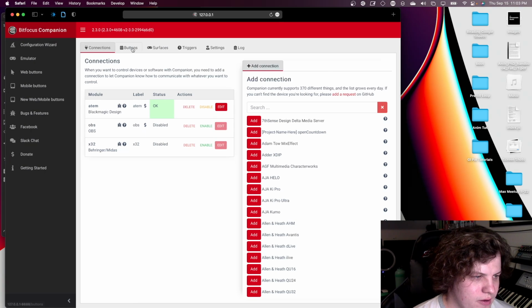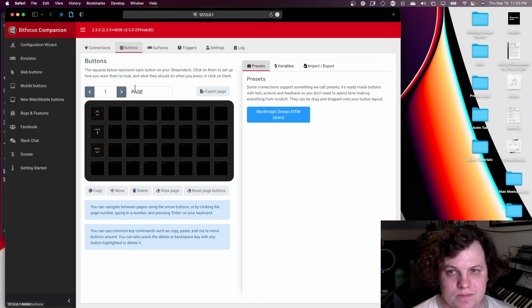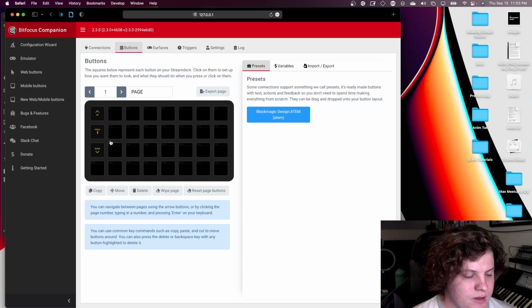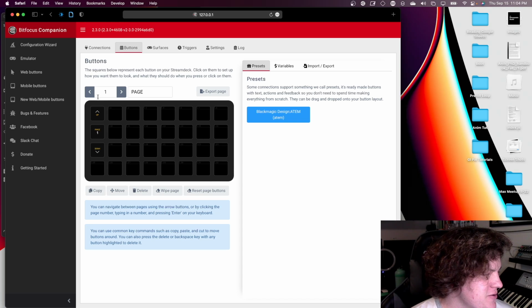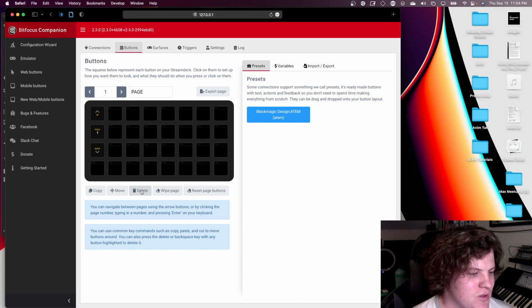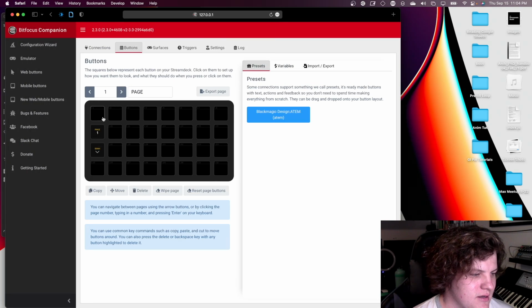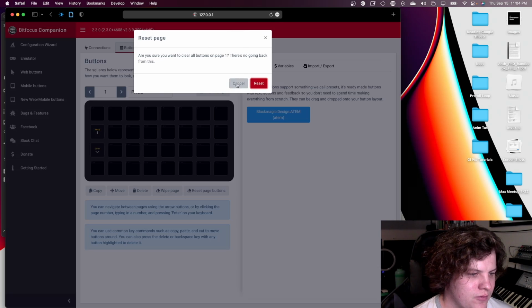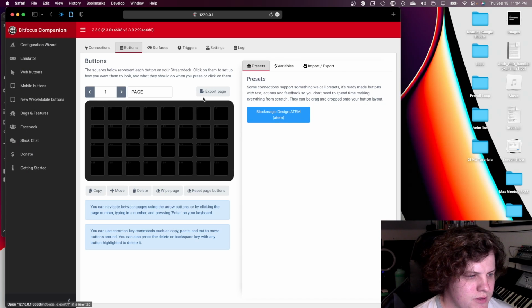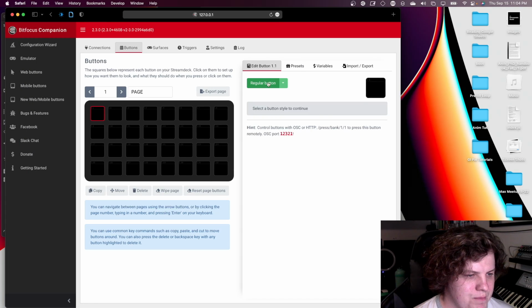And then you're going to click on the Buttons tab. Once you're there, you should have a screen like this. What you're going to do is click delete on the three buttons already available. Now you're going to click on the upper right hand button, click on